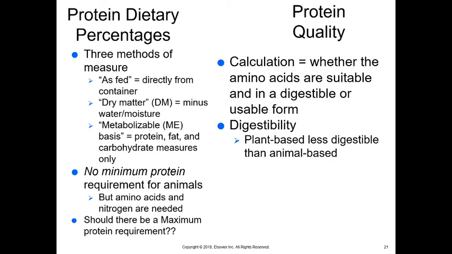Protein quality does make a difference. We talked about that old dry boot, right? The calculation is whether the amino acids are suitable and in a digestible or usable form. Digestibility, we need to remember that plant-based proteins are a little less digestible than animal-based proteins. There is protein in corn, and it's not necessarily a bad thing for corn to be the first thing on the